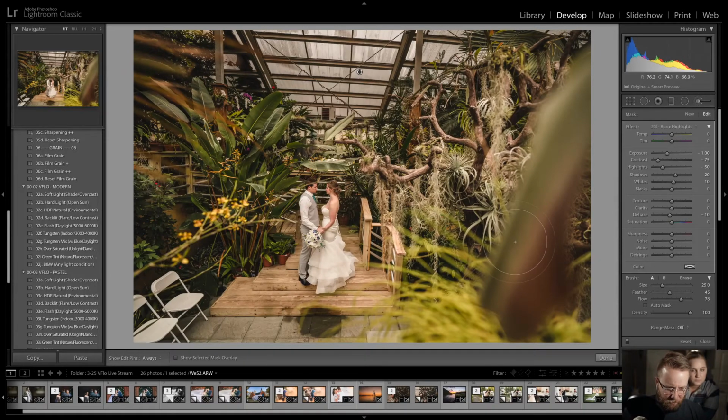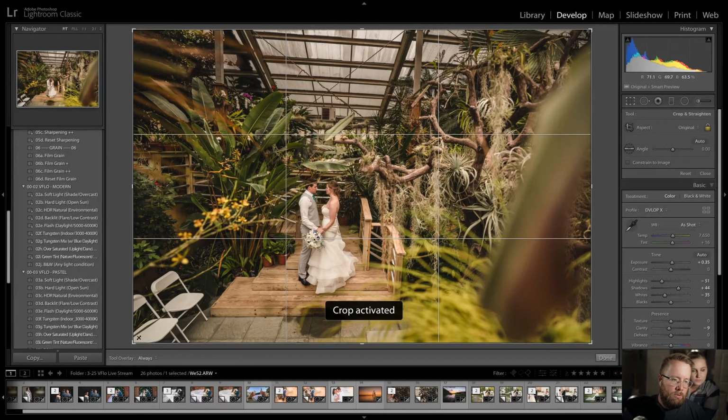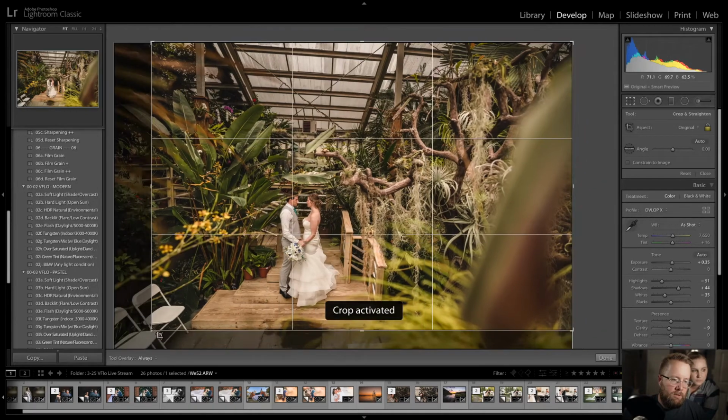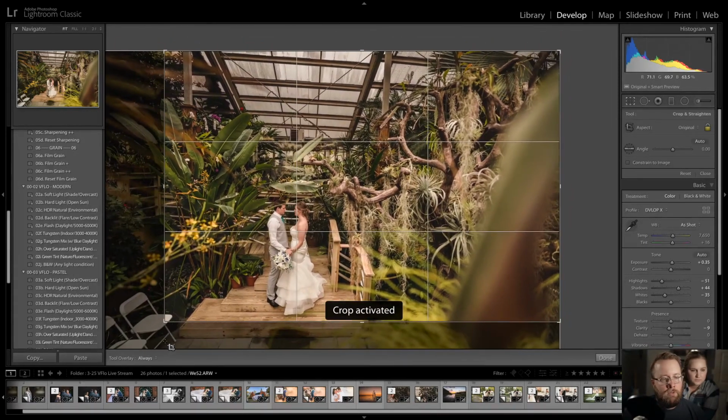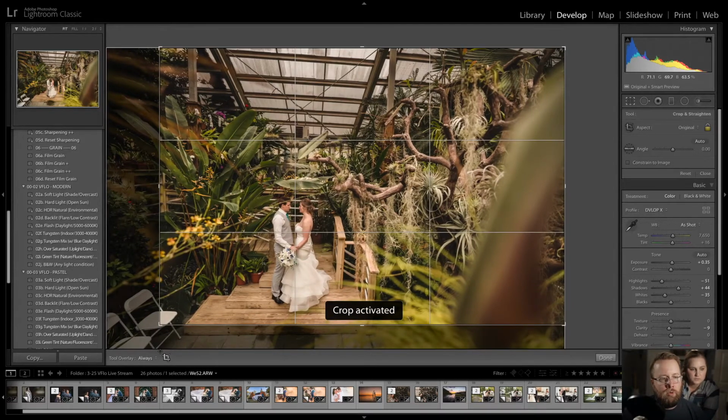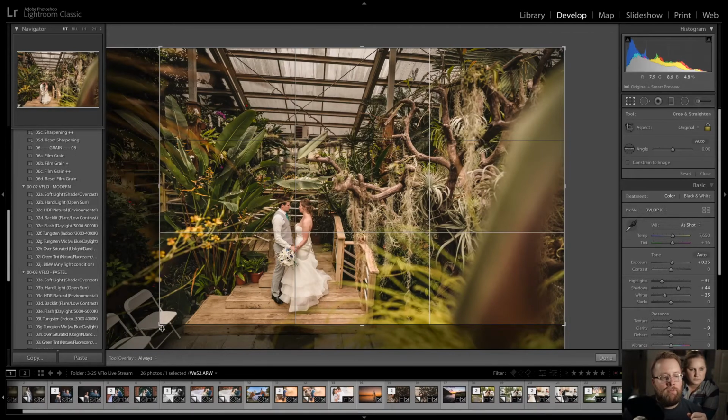Okay. So one thing I would try to do is the composition. We don't need the floor down here. We don't need, looks like there's like a spill or something wet down there. So what I'll do is kind of crop that out and go for a more rule of thirds, rule of halves kind of type deal. So I'll usually split the couple in half with the line. Now I would love to get this